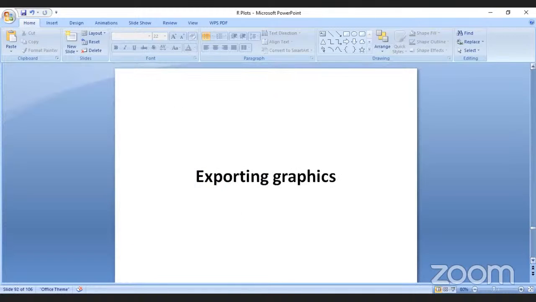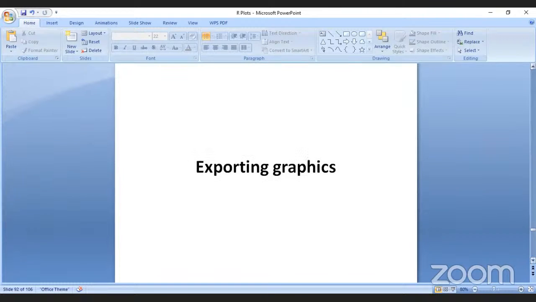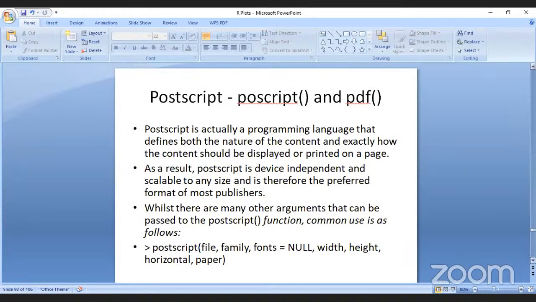Now it is exporting. How you can export the graphics, the pictures, whatever plots you are getting. You can export the pictures either in PostScript if it is for Linux, and PDF if it is for Windows. Even in Linux you can export as PDF, but the PostScript function is usually not supported for Windows. PostScript is actually a programming language that defines both the